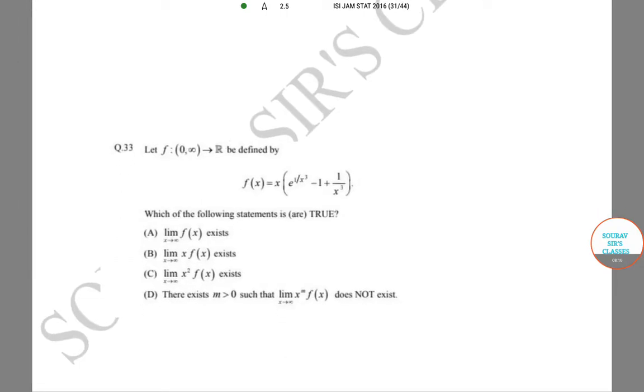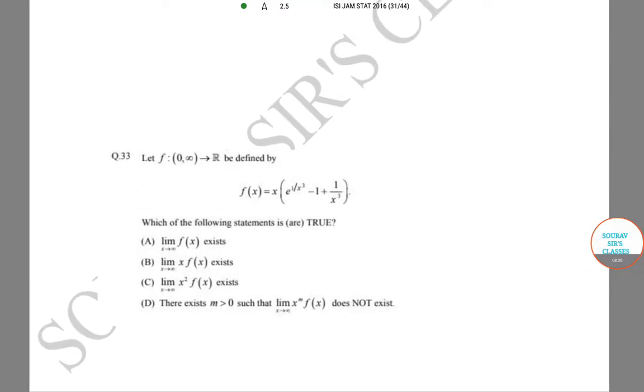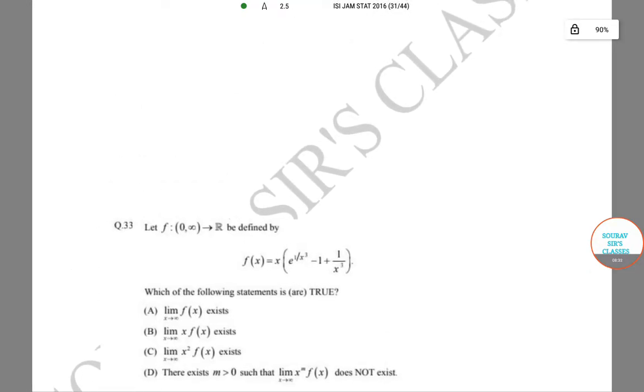Let f from (0, infinity) to R be defined like this: f(x) = x times e to the power (-x cube), e to the power 1/x cube minus 1 plus 1/x cube. Now the limit as x goes to infinity of f(x), x f(x) and x squared f(x) is all that we have to find. So for the first option we see limit x goes to infinity, f(x) equal to limit